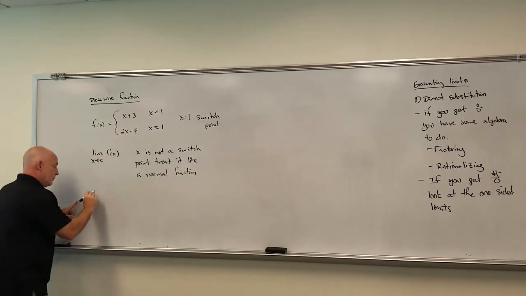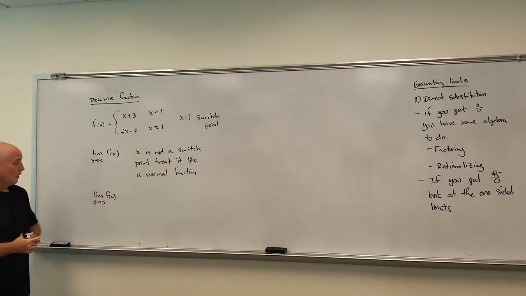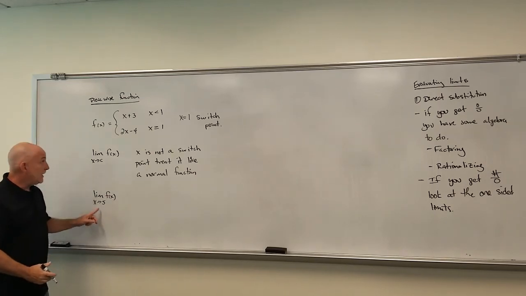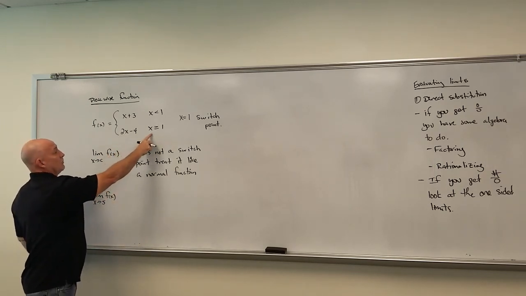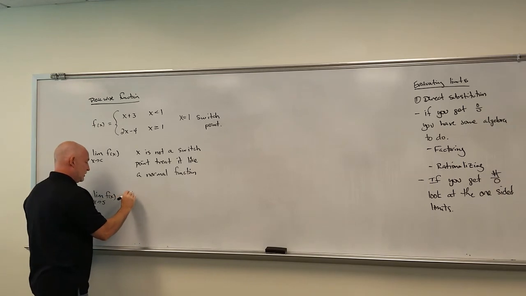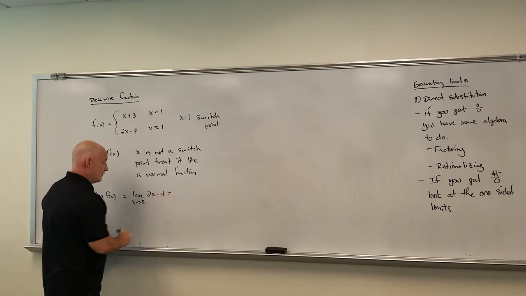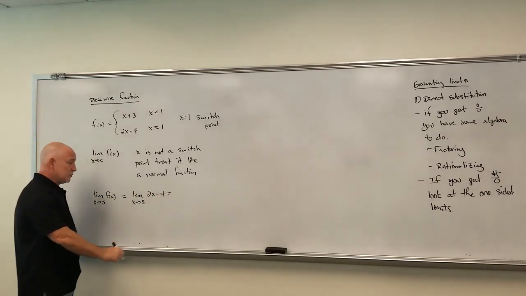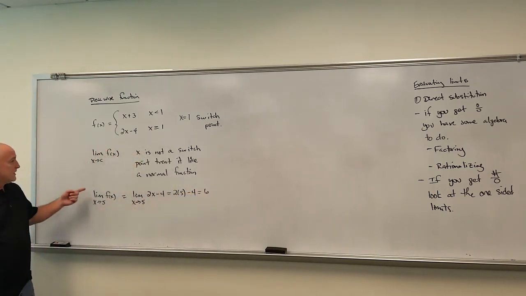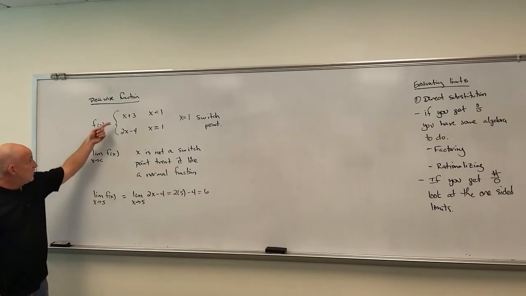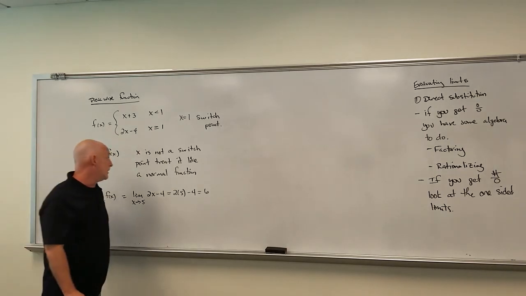Okay, so basically here, if I said, what's the limit as x approaches 5 of f of x? Now in this case, since 5 is not a switch point, our only switch point here is 1, then f of x is just defined to be this one. So this is really just the limit as x approaches 5 of 2x minus 4. So we could just do direct substitution. That's 2 times 5 minus 4, which is 6. So if it's not a switch point, then just pick whichever function is defined at that x value and do direct substitution. However, if it is a switch point,